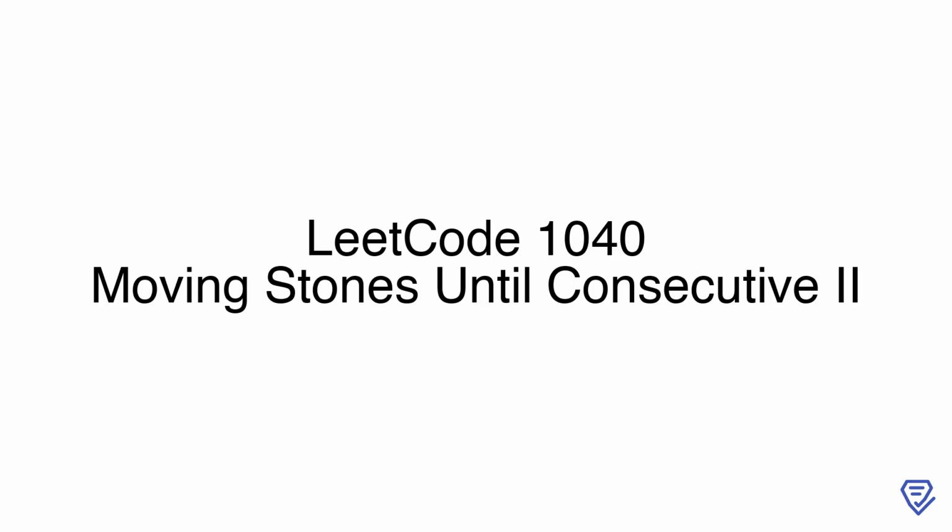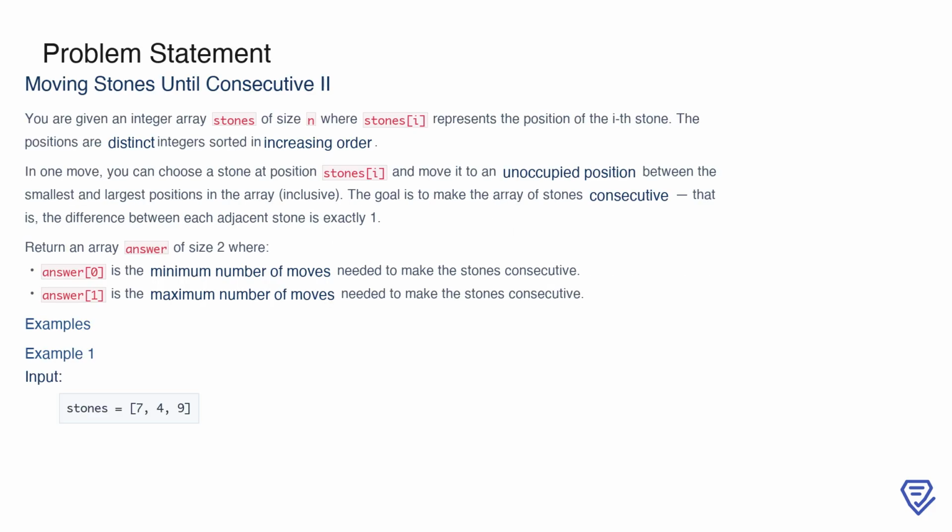Let's get started. In this problem, we are tasked with rearranging stones on a number line so that they form a consecutive sequence. You're given an array called stones, where each element represents the position of a stone, and these positions are sorted in increasing order. The catch is that you can move any stone to a new, unoccupied position between the smallest and largest numbers in the array, inclusive. The ultimate goal is to make the stones consecutive, meaning each adjacent stone has a difference